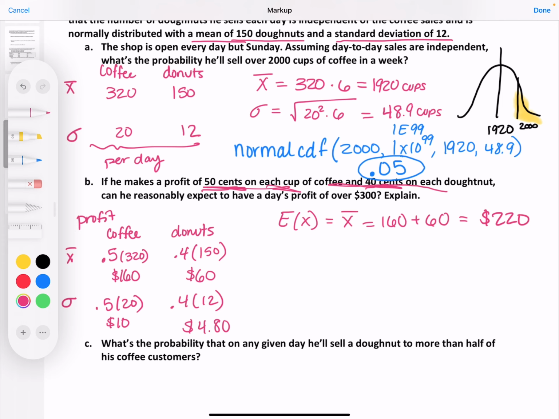Oh, and then you gotta do the thingy where you find the variance and such, right? So then to get standard deviation, I'm going to do the square root of the amount of money for coffee squared plus the amount of money for donuts squared. So 10 squared plus 4.80 squared equals